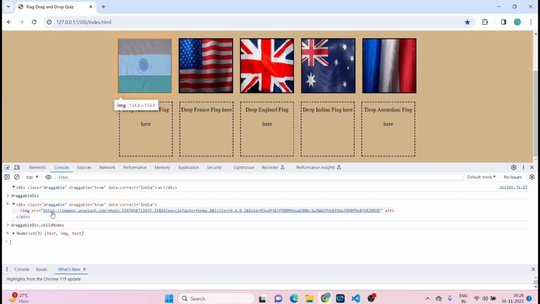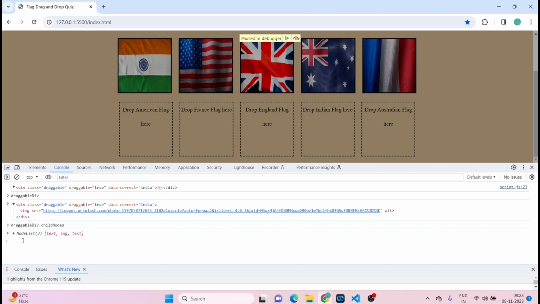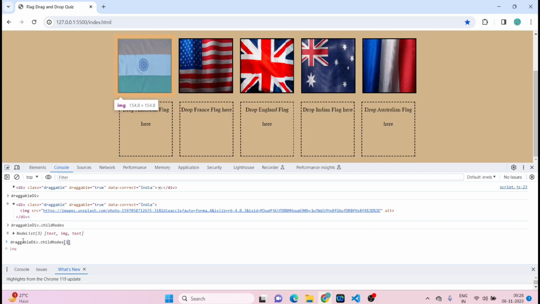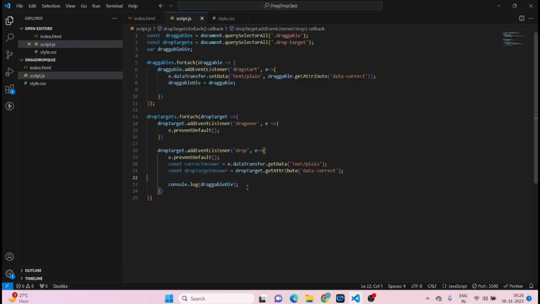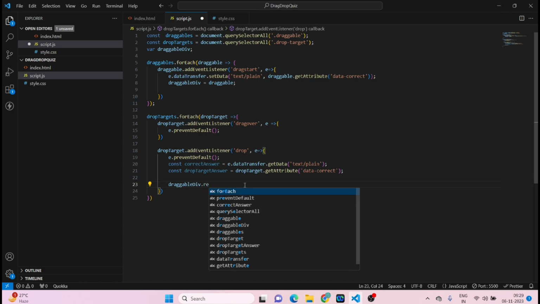So now you have to get the image. What you can do is go here, childNodes, and add index 1 here. If you see it, you will be able to get the image. Now this image, what you have to do is when you drag and drop it here, you have to append that image here or anywhere you are dropping it. So you have to go to your draggable div dot remove